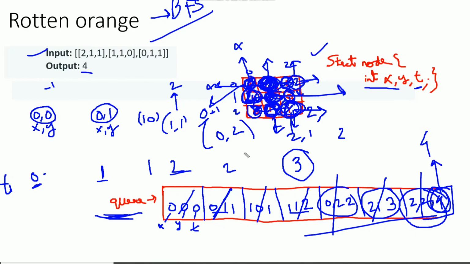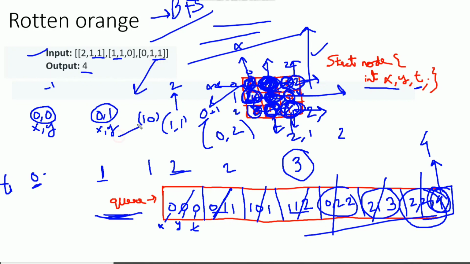Okay, so after completion of this, we need to check whether any fresh orange is left in the matrix. If there is no fresh orange, it means we were able to convert all 1s to rotten oranges. So we iterate over the cell locations of the matrix using two for loops, and if we find any cell having value 1, then we return -1.